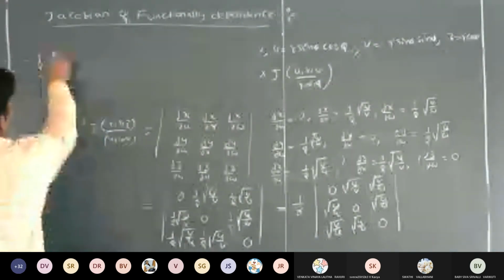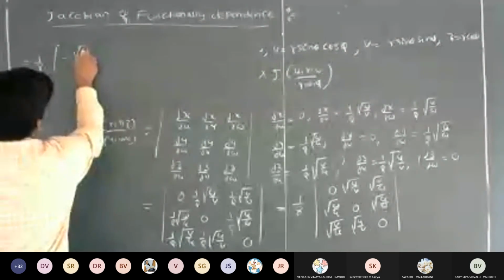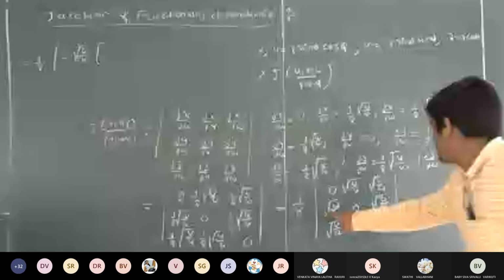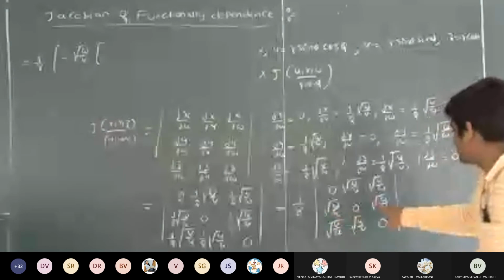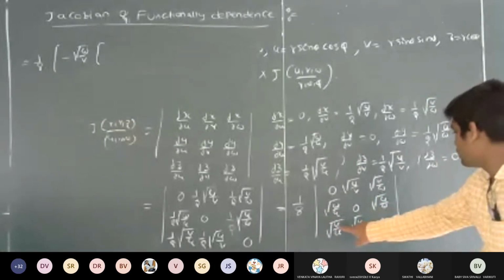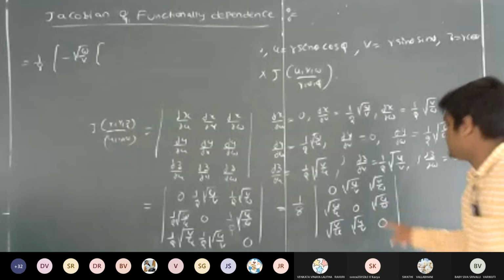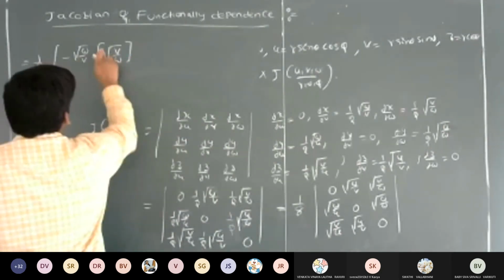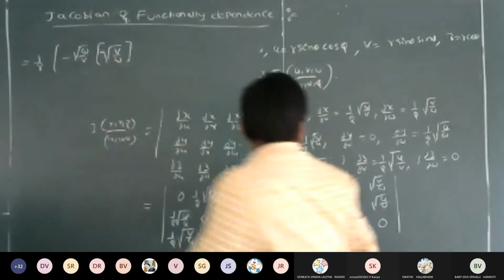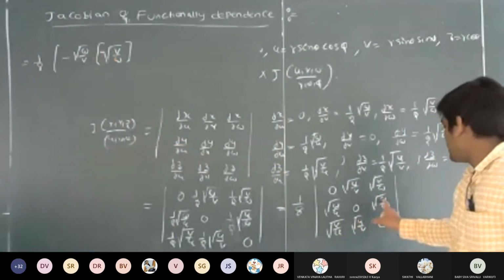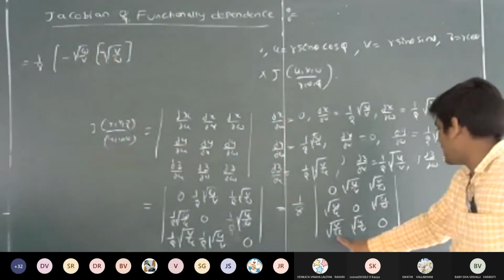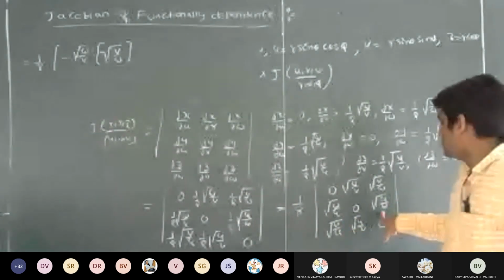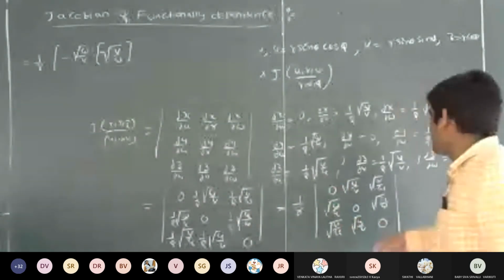so first one is 0. Minus root w by v, minus root w by v. So this one into this one is 0. Minus into minus, so here minus root u cancels. It is nothing but root v by w minus root v by w. 0 minus, so this is 0. Here u cancels, root v into 1 by root w, so it is root v by w. So here minus root v by w.